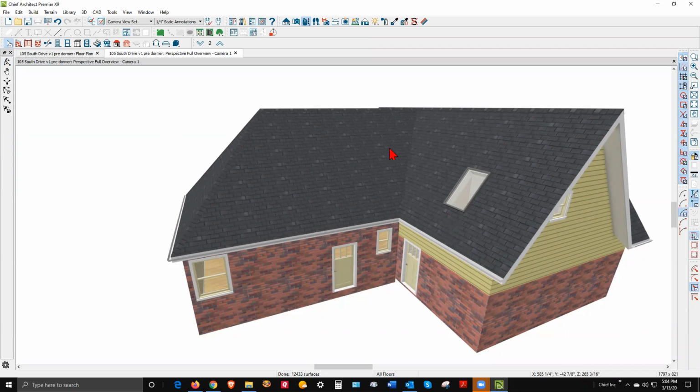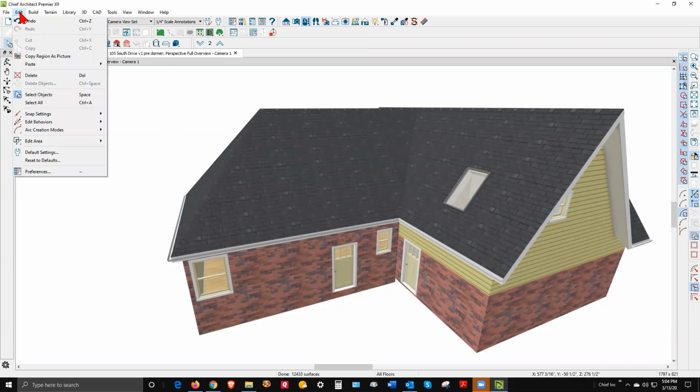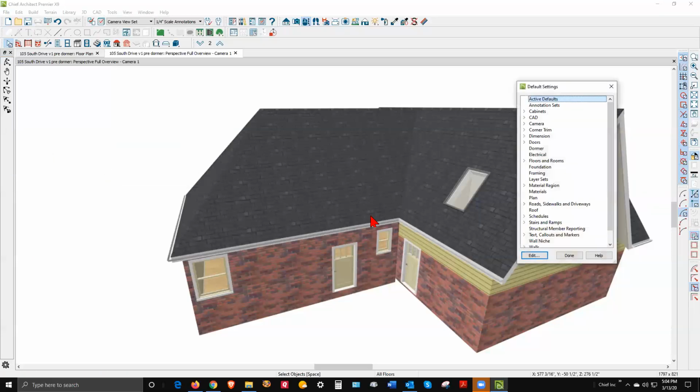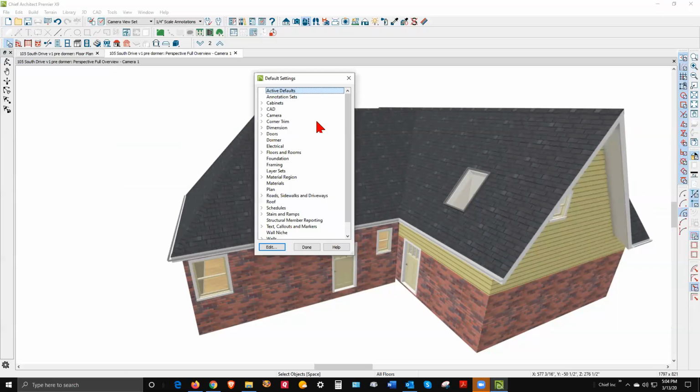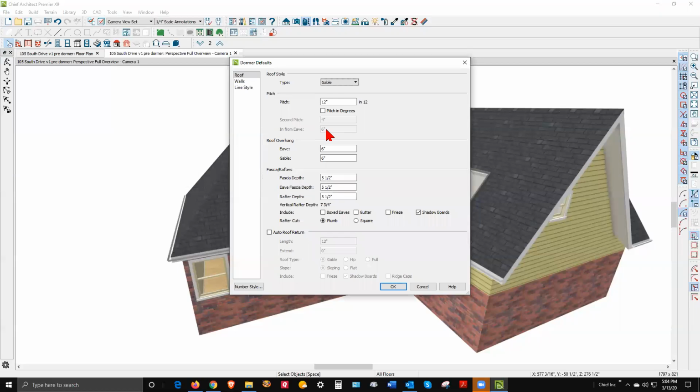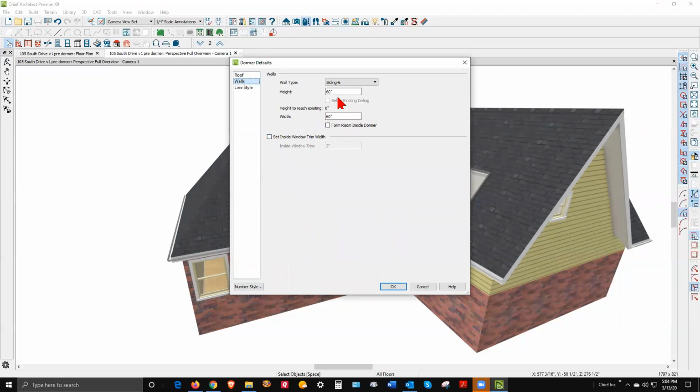Okay, so what you want to do is go to Edit Default Settings. Premier is going to look a little bit different from Suite, but it's basically the same. Go over here to Dormer, and I want a shed dormer, so I'm going to select Shed Dormer, and I'm going to leave that 3/12. That's adjustable. And then I'm going to go over here to Walls, and